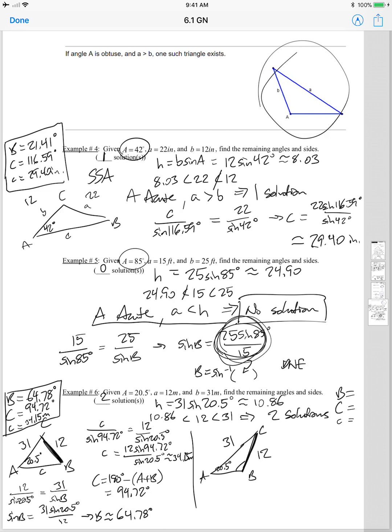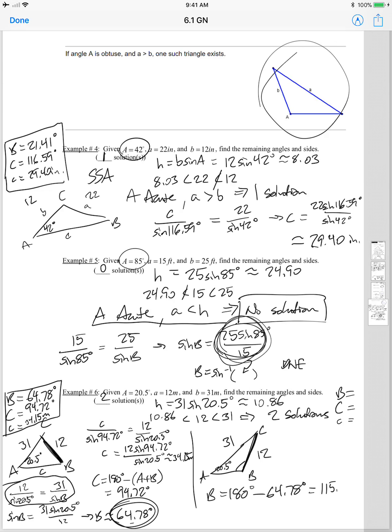Now I could set up my ratio just like I did over here, but we already solved that. Our calculator gave us an answer of 64.78 degrees for b. Well, that's obviously not obtuse. How do I find this other angle measure for b? Well, luckily, it's pretty easy. All we do is we say this other possible solution for b is going to be 180 degrees minus whatever I got from my calculator, 64.78 degrees,